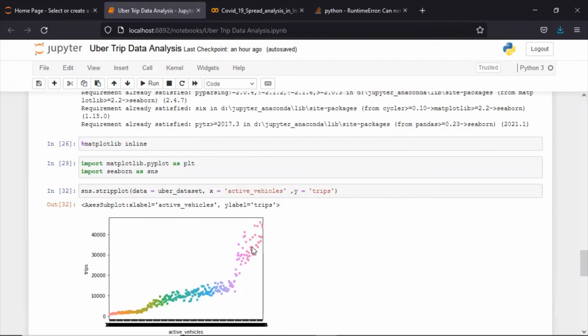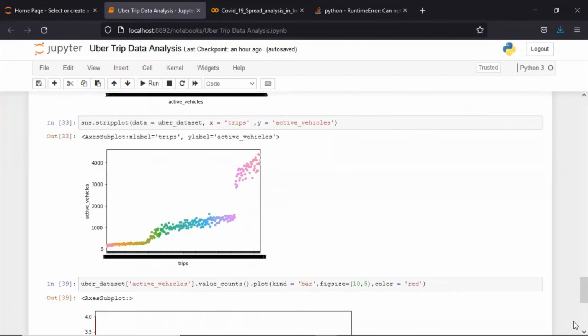These dots are actually nothing but the data. These dots show you the data on the x-axis with respect to the y-axis. If I talk about this purple dot, it is coming above 40,000 with respect to the active vehicle value. So it is just showing me the relation between x-axis and y-axis.